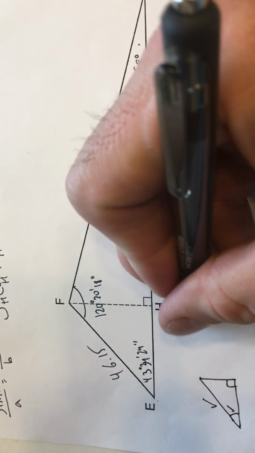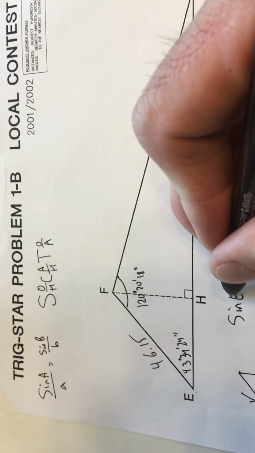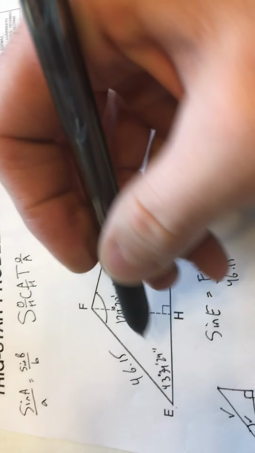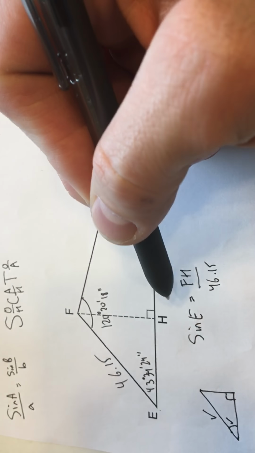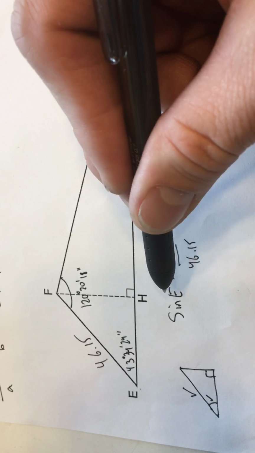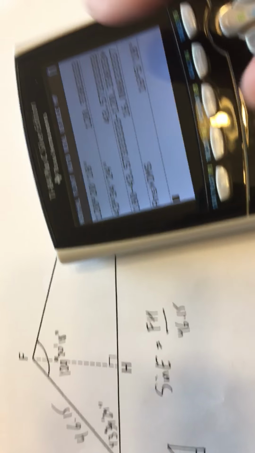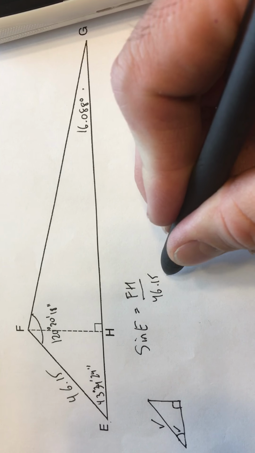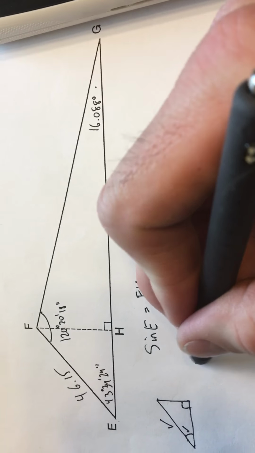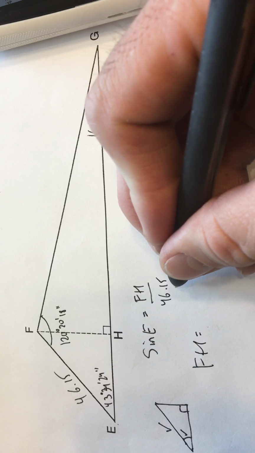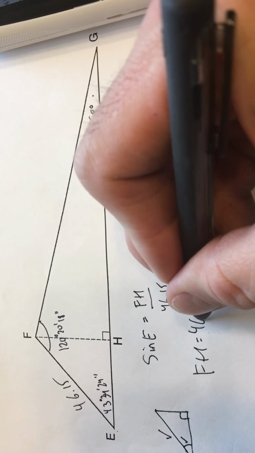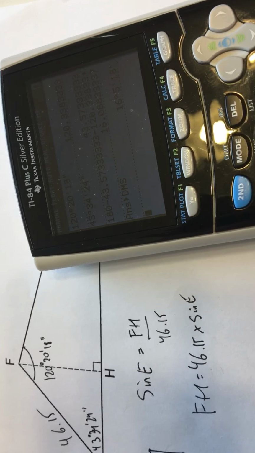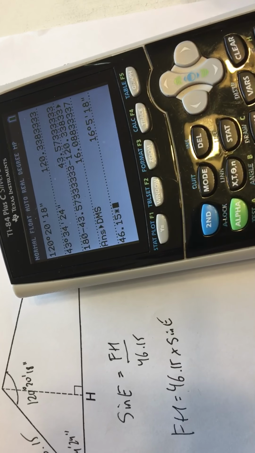So let's go. The sine of E is FH over 46.15. I know this is opposite over hypotenuse. If I just multiply both sides by 46.15, FH is going to be 46.15 times the sine of E. And E, of course, is the number that I had stored way up here. I'll write that. So I'm going to go ahead with my calculator and go 46.15 times the sine of